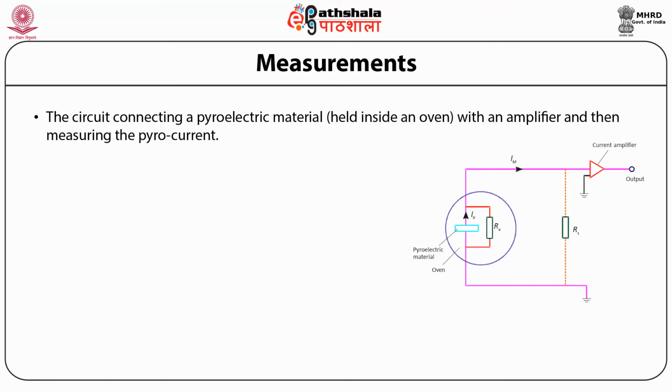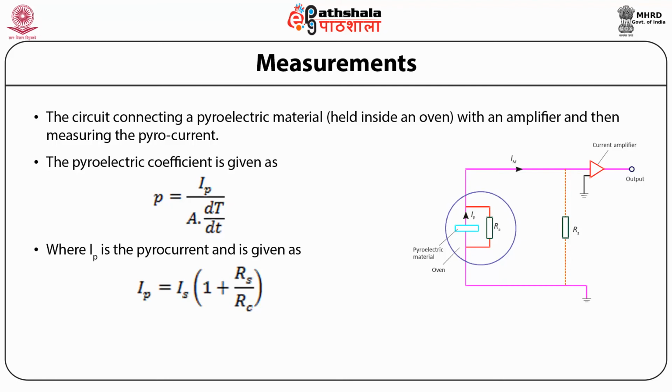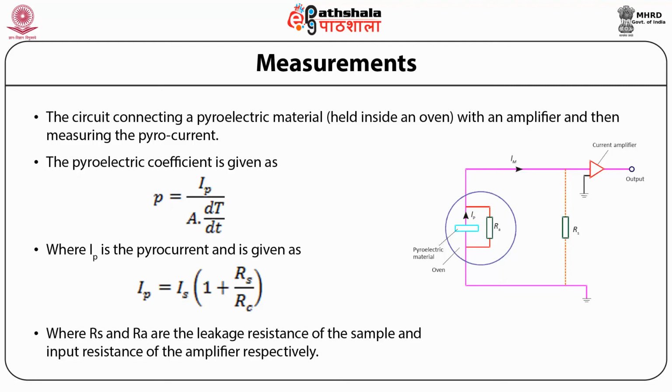The pyroelectric coefficient is given as P equals IP divided by A dT by dt, where IP is the pyro current and IP is equal to Is times 1 plus Rs by Rc, where Rs and Rc are the leakage resistance of the sample and the input resistance